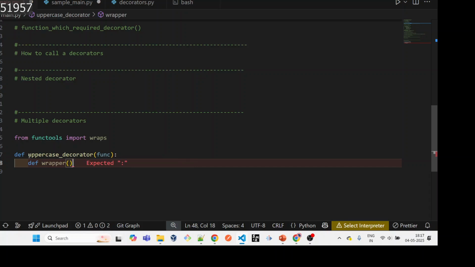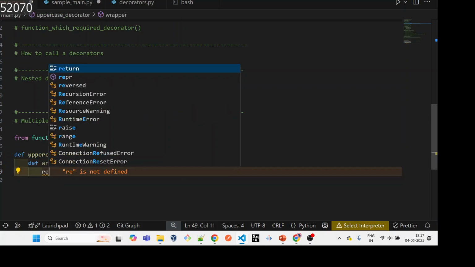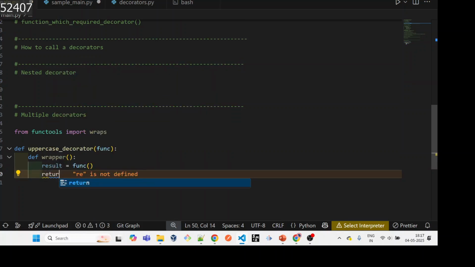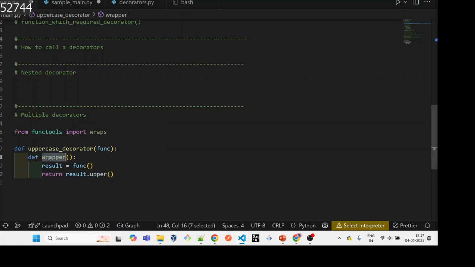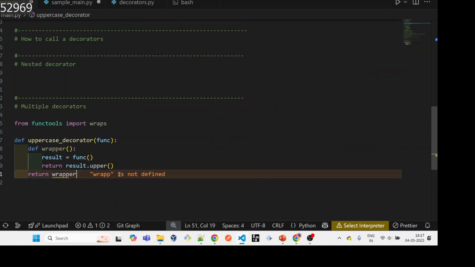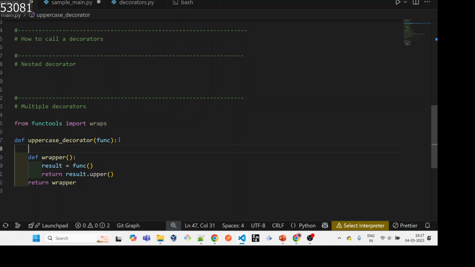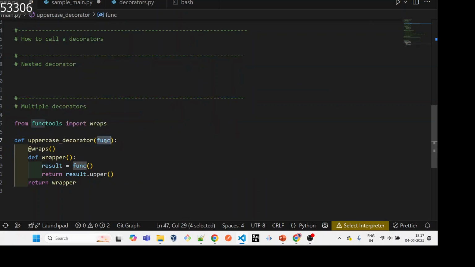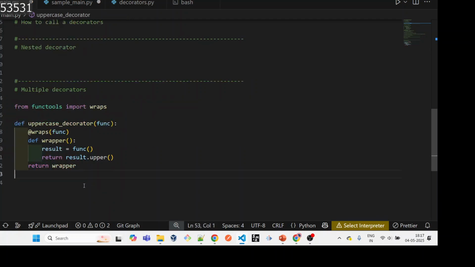For this wrapper method, what we will do is take the result from this function, and return result dot upper. Okay, so it will make it uppercase, and what we need to do is return our wrapper method. So fine, that is one, and what we are going to use is at the rate wraps with the function. Okay, so this is one decorator, and we are going to create one more decorator for, let's say, some sign,